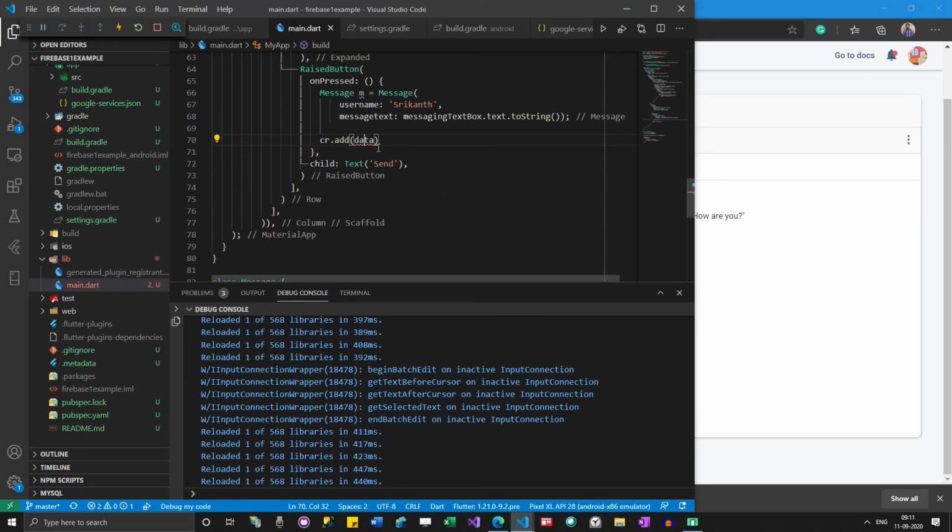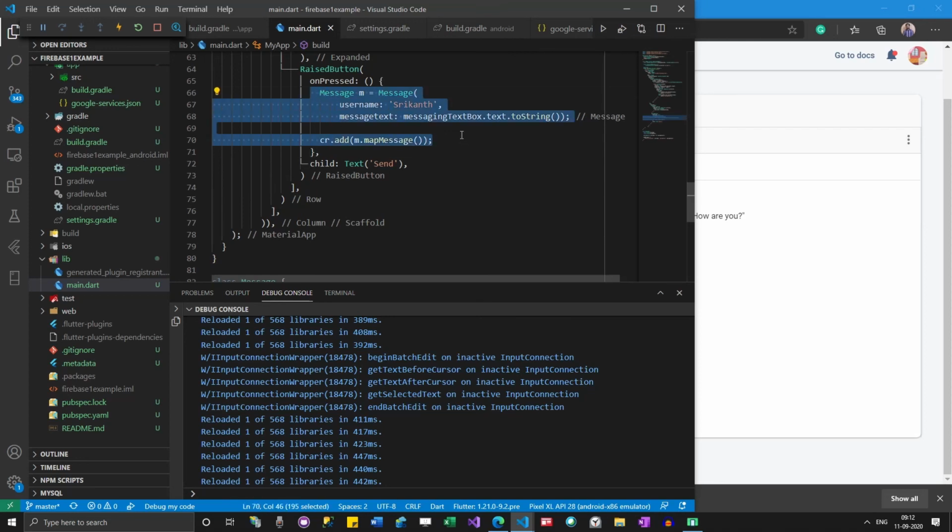So data will be m dot map messages of, and see if it works. Now I packaged everything into a ball and am trying to add that to the Firestore, the Firebase database.